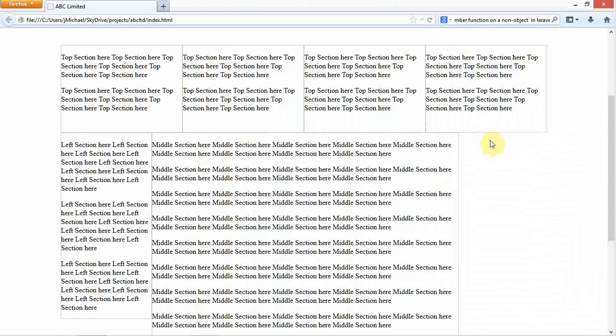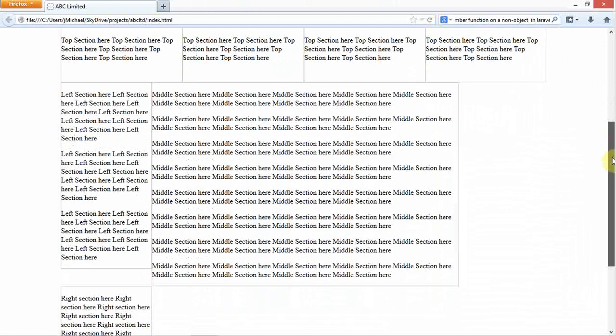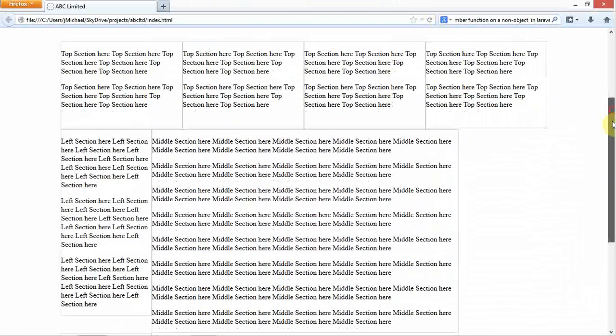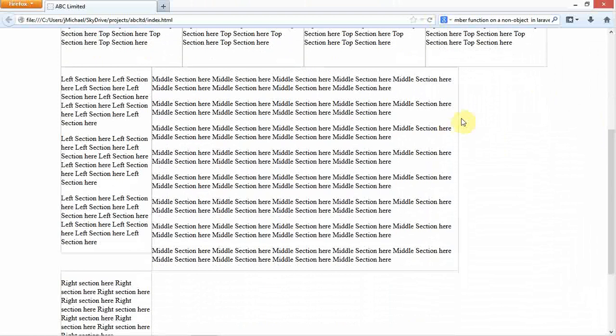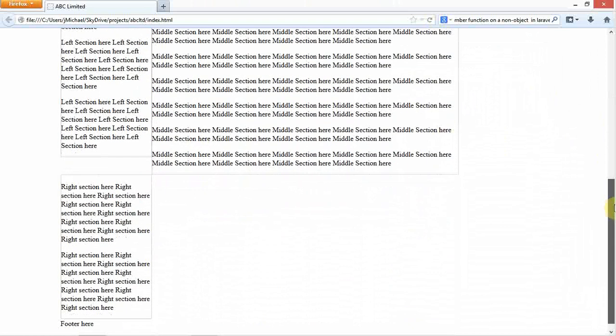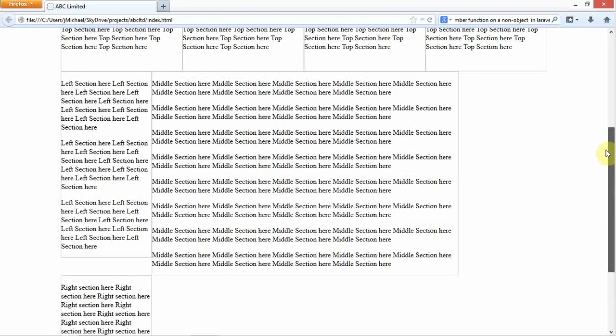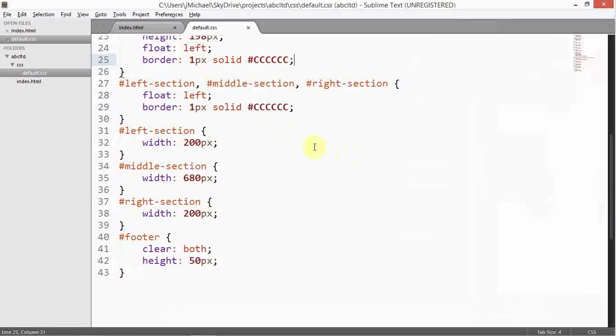200 pixels of height. So same thing we've just done to the top sections here, we are going to do the same thing to the left, middle and right section. Notice that the right section has been pushed down this side. It's now almost appearing as if it's the left section instead. So I need to put it back to its place. Notice that I added the border here,